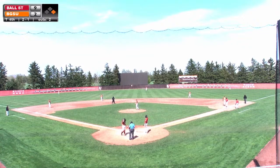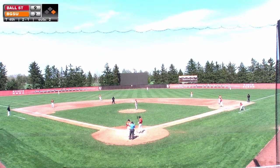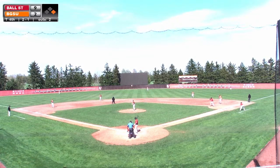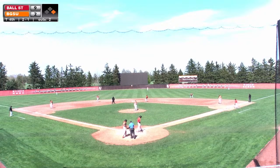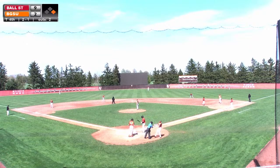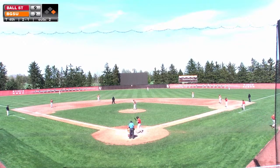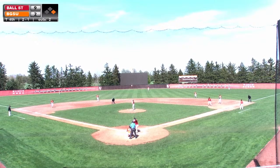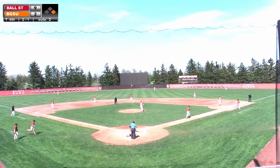Ball State opened the season with a 4-game series at Arizona. They won 2 of those games. They also played at Kentucky, winning 2 out of 3 there. There's a foul back again. Cards lead this one 9-2. We're in the fourth inning. By the way, the first place showdown will be next week in Mount Pleasant as Ball State will visit Central